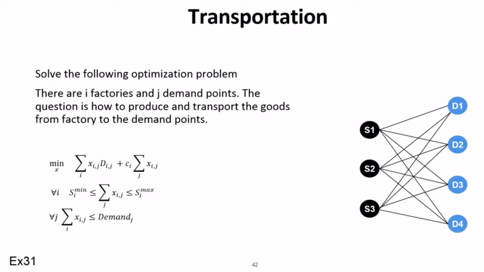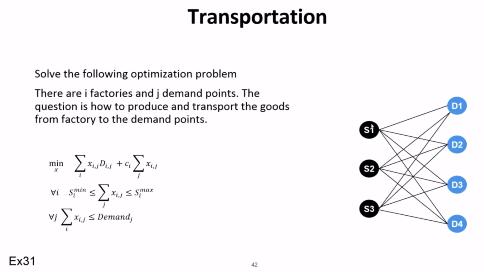Okay, this example is the famous transportation problem. Suppose we have I factories on the left hand side, S1 to S3, and we have J demand points. Let's call them D1 to D4, for example. And the question is how much we can produce from each factory in order to minimize the objective cost,